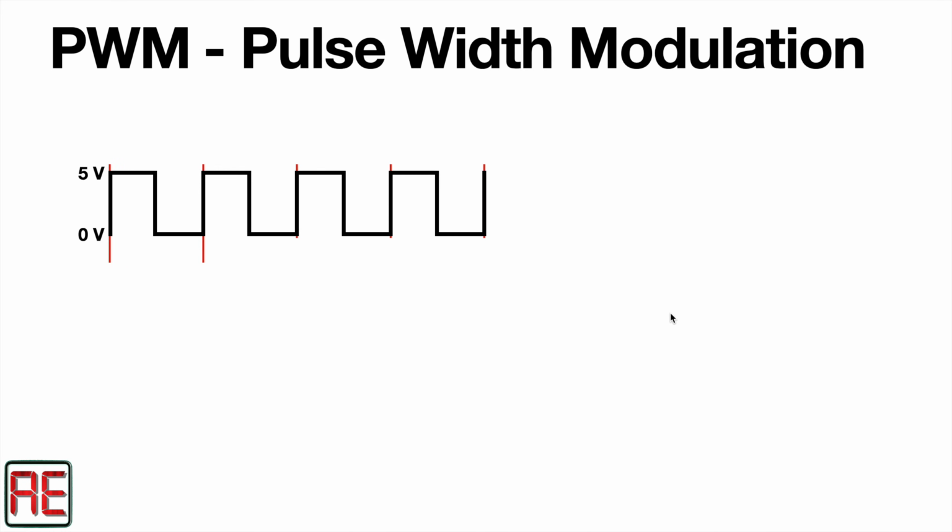The PWM abbreviation stands for pulse width modulation. The PWM output of the Arduino will generate a squared wave or a pulse train similar to the one I am showing here on the screen. This pulse train is a digital signal, which means that it will only assume two values of amplitude, which is 0 volts or 5 volts, corresponding to our low and high levels.